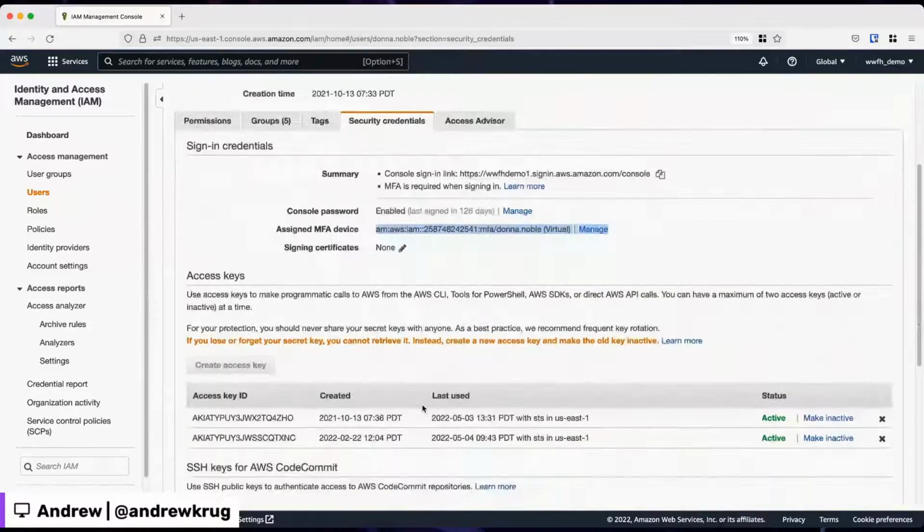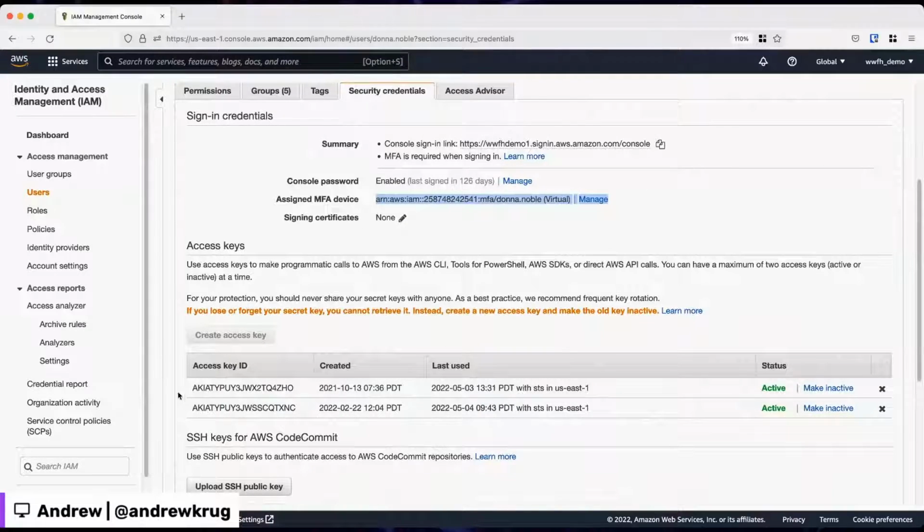And also, this user has what are called access keys. And these access keys are the primary things that people are securing, trying to steal, or accidentally leaking to GitHub. These are effectively the same as a long-lived username and password. So this is how we both generate these and also deal with these during a security incident.